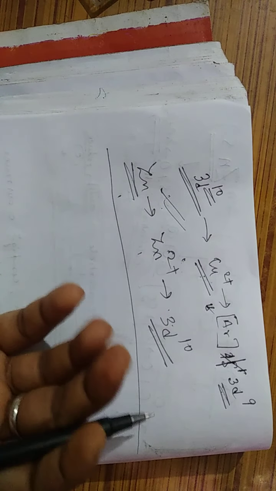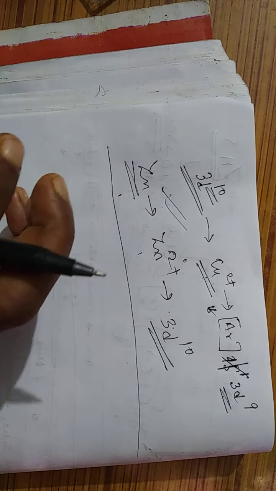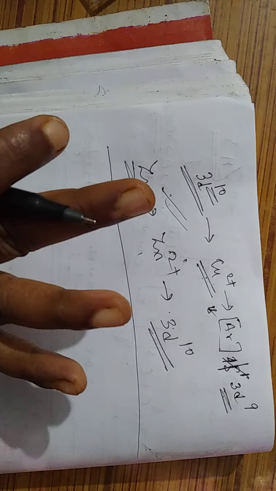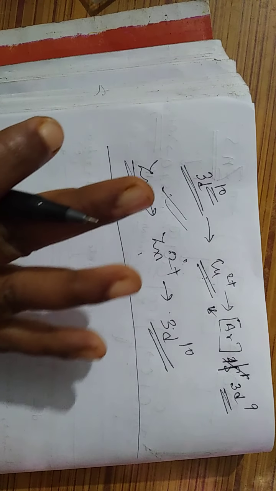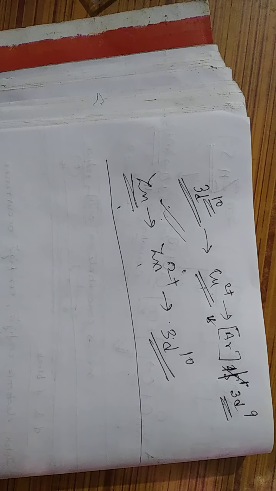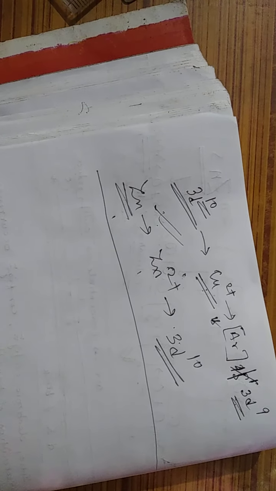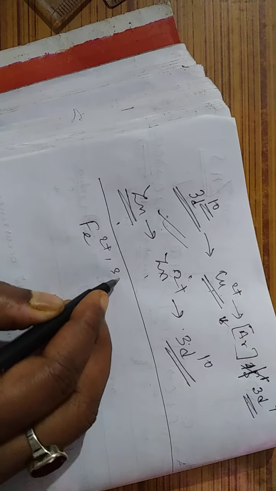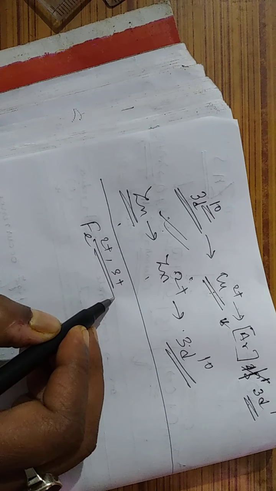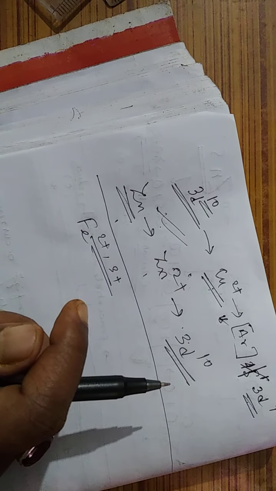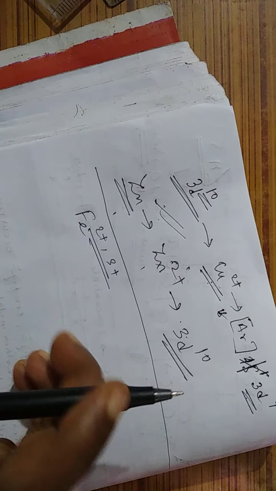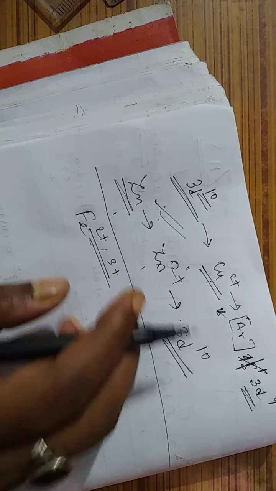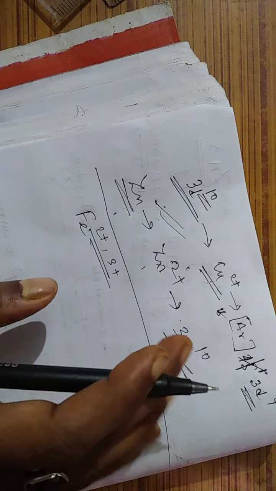These things you can get in any book. These are very important things I told you. These are the general characteristics. If anybody asks you what the main characteristics of the transition elements are, we can say that they have variable oxidation states. Suppose iron has two oxidation states, Fe2 plus and 3 plus. So variable oxidation states it will have. And next, high melting point and boiling point, I told you. And interstitial compounds they can form.